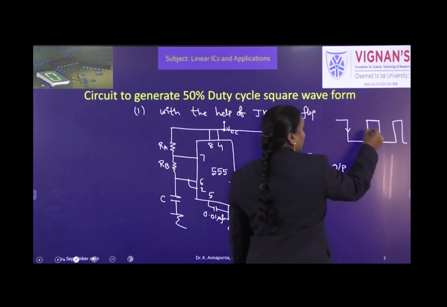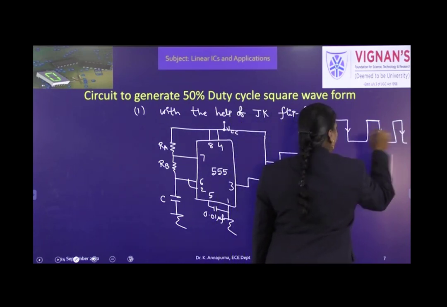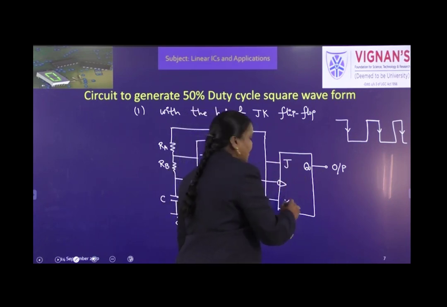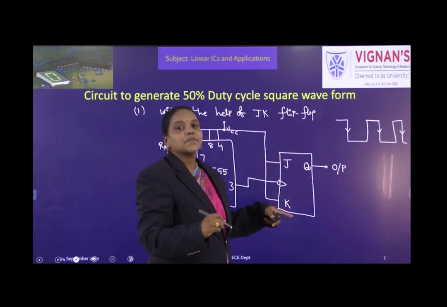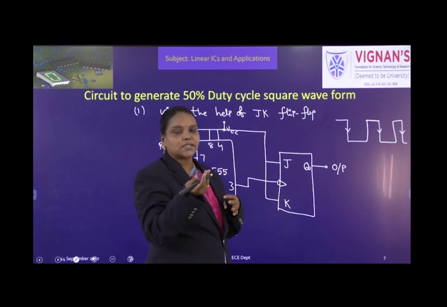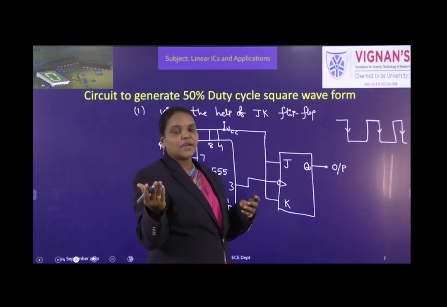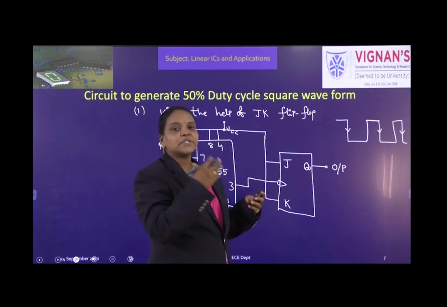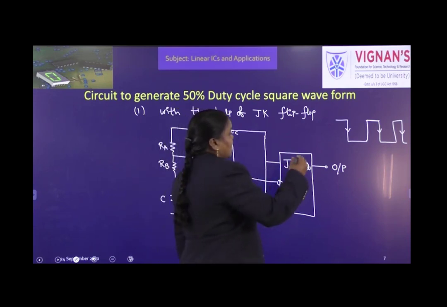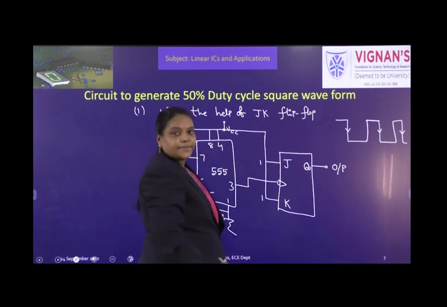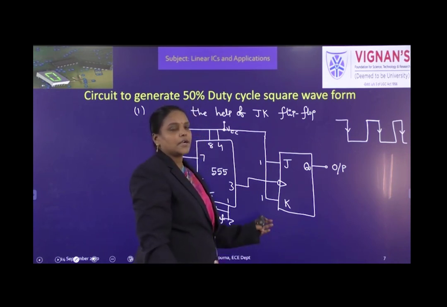Like this. Okay, this is the astable multivibrator output which is applied as clock. So it is a negative going clock pulse, negative edge triggered JK flip-flop. So what happens when J and K are 1? For every clock pulse, it will change its state. Initially, if it is in on state, it will change to off. Initially, if it is in off, it will change to on. So permanently we are connecting these two inputs to VCC, which means both are supplied with logic 1. So it is always in toggle condition.